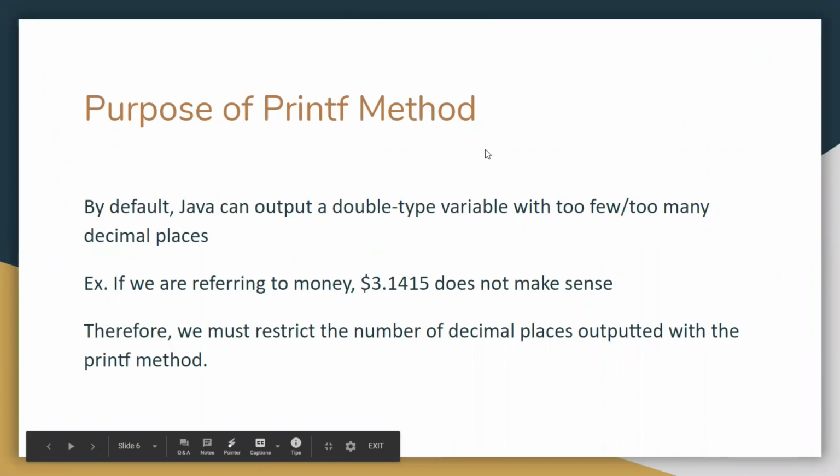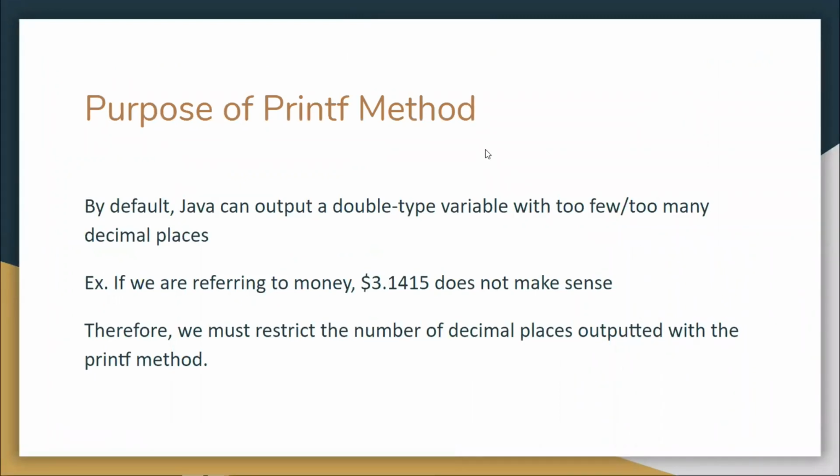Okay, so the next thing I want to talk about in regards to outputs is what we call the printf method. By default, Java can output a double type variable with too few or too many decimal places. And the way it does it is pretty much seemingly random. It's pretty complicated, so I won't explain how it actually calculates how many decimal places to print without using the printf method. But an example of why this might be an issue would be if we're referring to money, for example, $3.14 and 0.15 doesn't make sense in regards to money